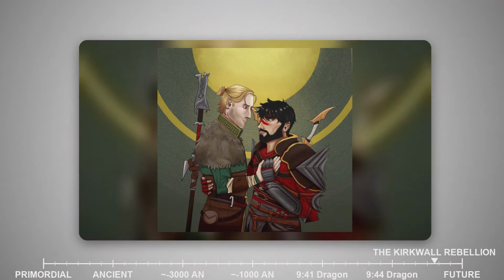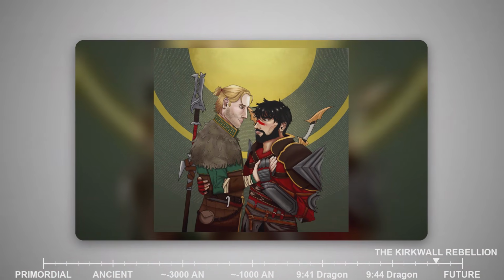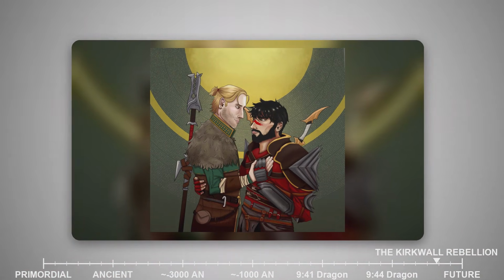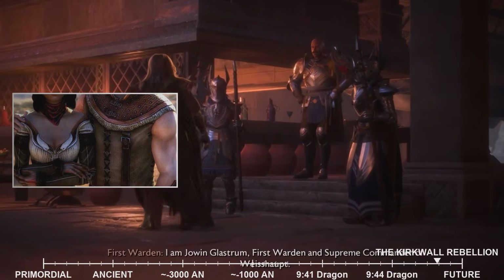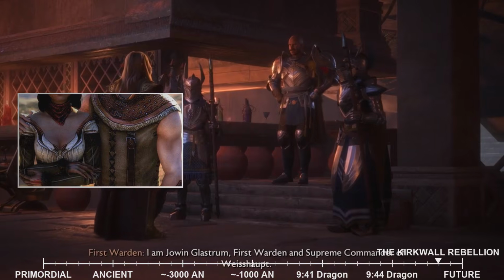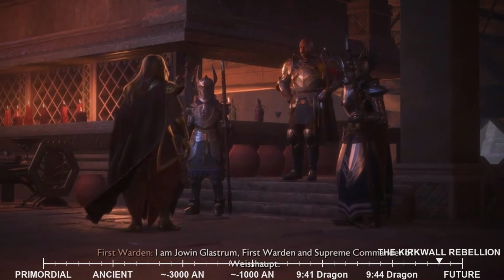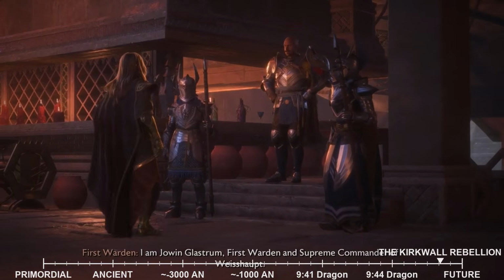The loss of a sibling, a direct consequence of their choices and the dangers they faced, left an indelible mark on Hawke, a personal tragedy that fueled their ambition and hardened their resolve. This sacrifice underscored the brutal realities of their world, where even the greatest triumphs were often paid for in blood. Despite the profound personal loss, the Deep Roads expedition ultimately delivered on its promise of immense wealth.